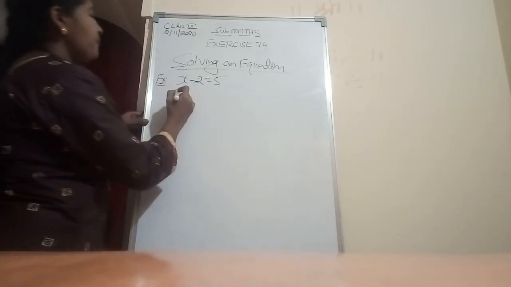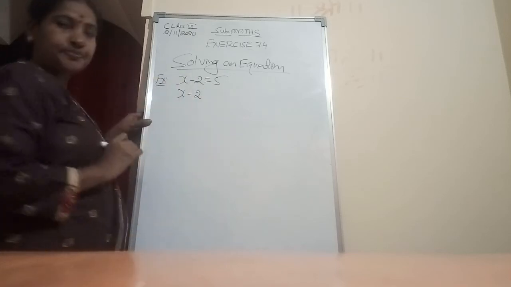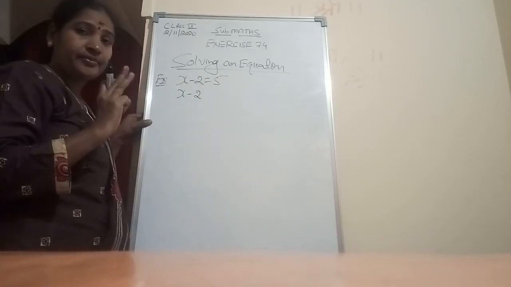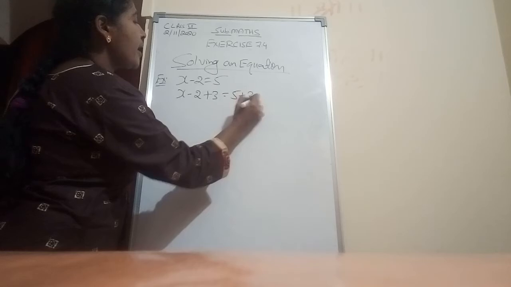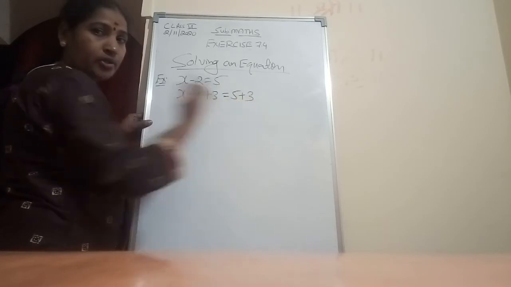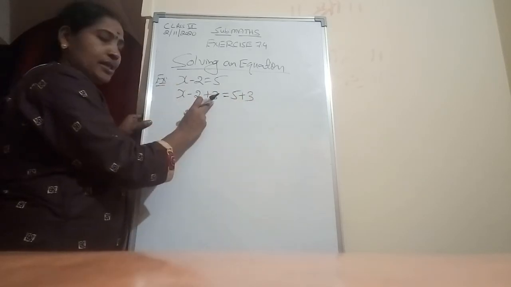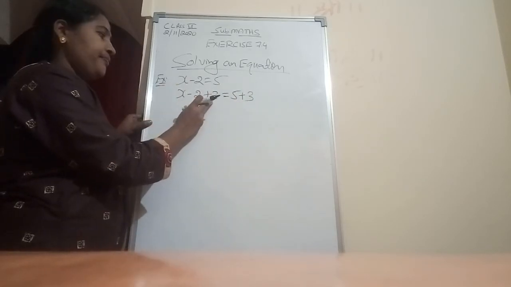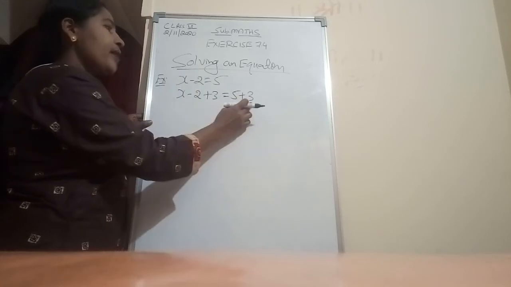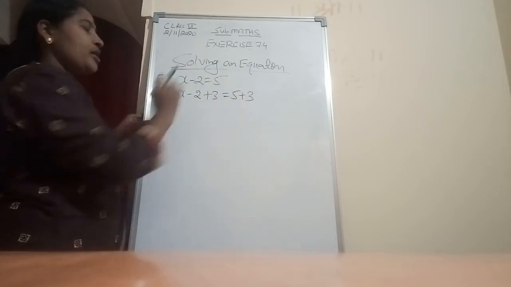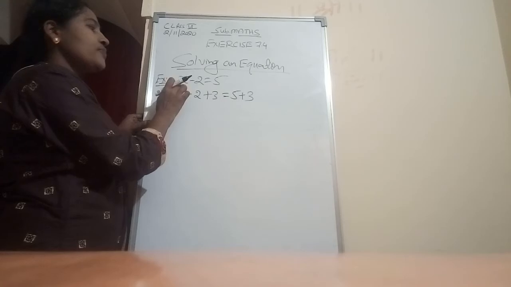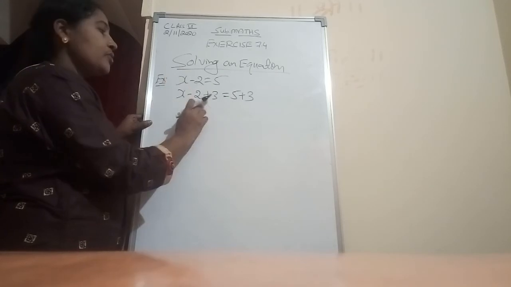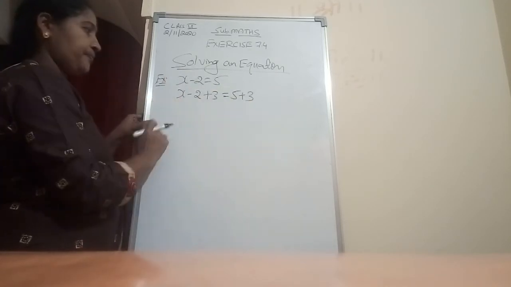For example, here x minus 2 will be there. Now I am adding the value 3, so on the right side also I have to add 3. Are you getting an idea? I have taken the number 3 and added it to the left hand side and to the right hand side. After equals, which one is that? That is the right hand side. Before equals, that is the left hand side. So here also plus 3, here also plus 3.